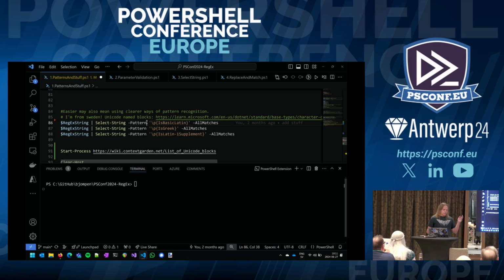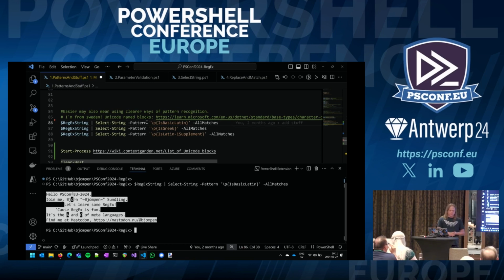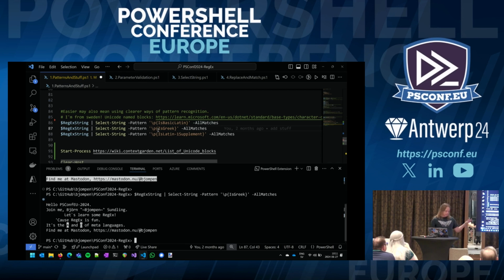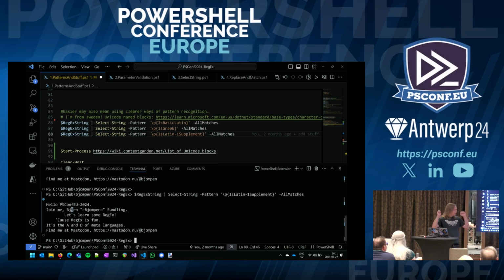So we have Unicode patterns like basic Latin. And it works quite well. It actually excludes everything that isn't included in the basic Latin Unicode category. We can do everything that is Greek characters, the alpha and the omega character. Those are Greek characters. We can do Latin 1 supplements. And suddenly, hey, I get to have a name. Yay, thank you.